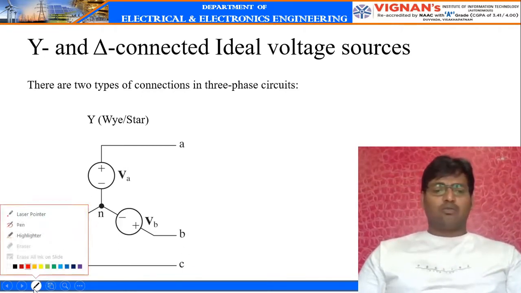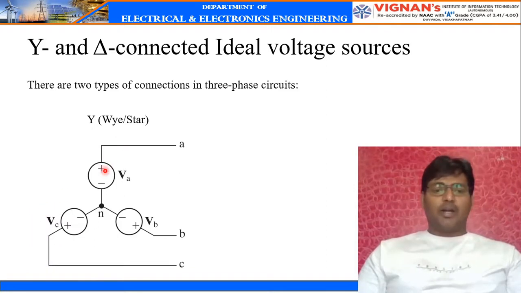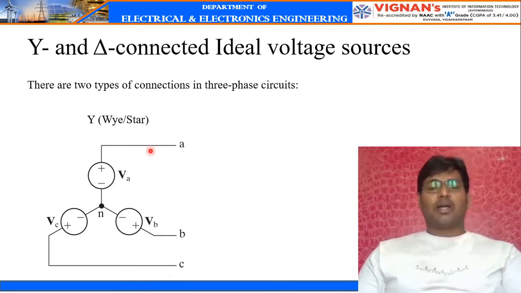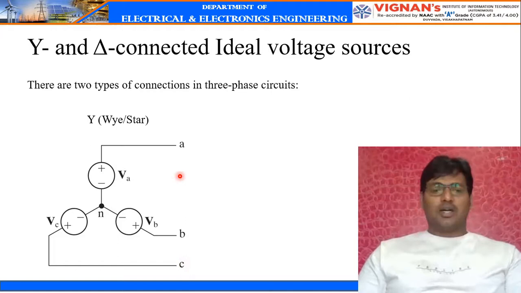The only thing that is important is that you identify the element and its terminals and how they are connected, and determine the appropriate line quantities or phase quantities. It doesn't matter whether it is VR, VY, VB or VA, VB, VC. Clear? So in this class we are going to denote them with A, B and C. Here there are three voltage sources VA, VB and VC, single-phase voltage source elements.